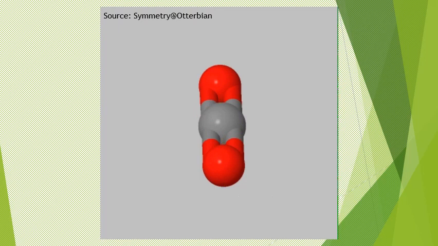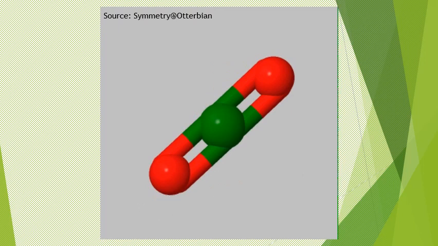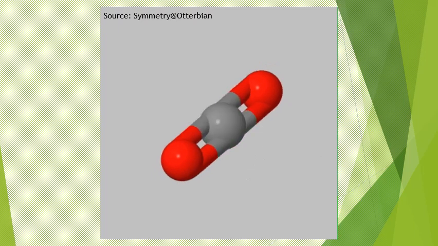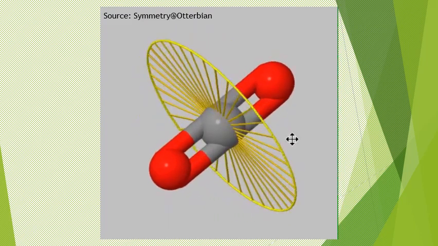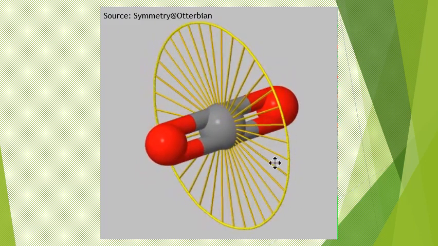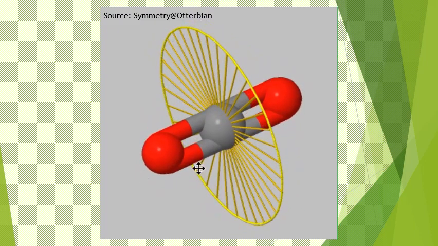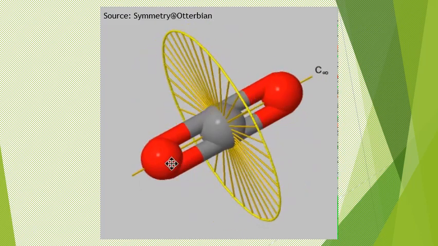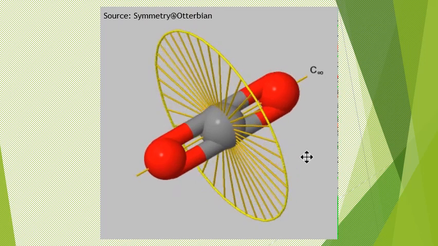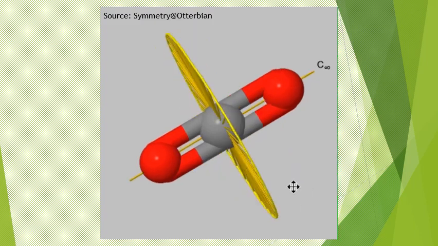Now even an inversion center is present. This you can easily understand, when the inversion operation is performed on it. The inversion center lies at the carbon atom itself. Now, very important: this is D. D represents a principal axis followed by perpendicular C2s. See, these all are perpendicular. Such infinite number of C2s are possible. So if I include the C infinity axis, all these are perpendicular C2s. Therefore infinite number of perpendicular C2s are present. That's how this molecule goes to D, and this plane which includes all these C2s is itself sigma h, which is there for this molecule.